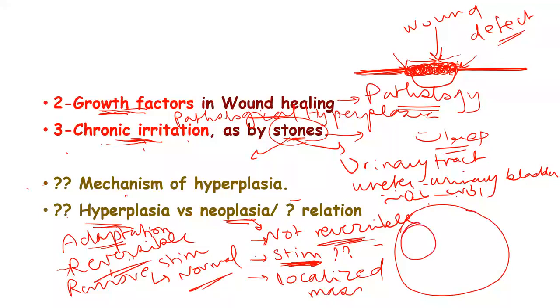So hyperplasia is not a tumor, but you have to treat hyperplasia. Why? Because if you don't treat hyperplasia, for example, endometrial hyperplasia, you can pass into neoplasia, because sometimes hyperplasia is a fertile soil for neoplasia. If you have stimulation of the stem cells to proliferate, they can pass at a certain point to neoplasia. So you have to stop hyperplasia, avoiding neoplasia in the diseases that can be pre-malignant. Okay, so this is the relation between hyperplasia and neoplasia. Hyperplasia is sometimes a sort of fertile soil for neoplasia, especially in endometrial hyperplasia, and in chronic irritation like by stones. This can lead to tumor formation if you don't remove the stimulus. Okay, so if you don't remove the stimulus, hyperplasia can pass into neoplasia in some cases like endometrium and chronic